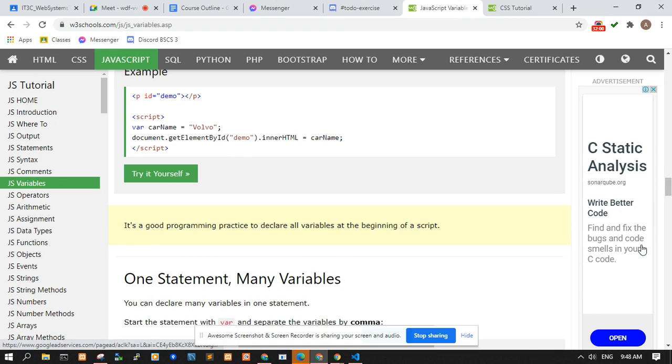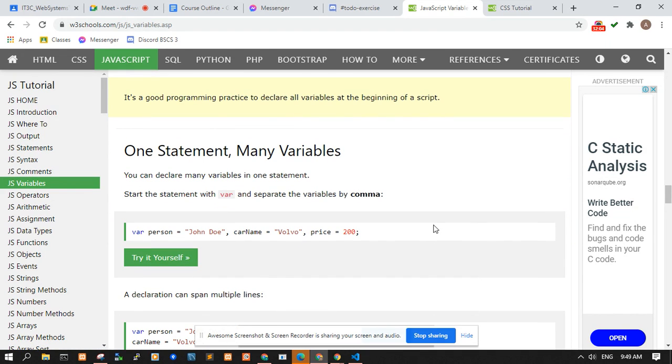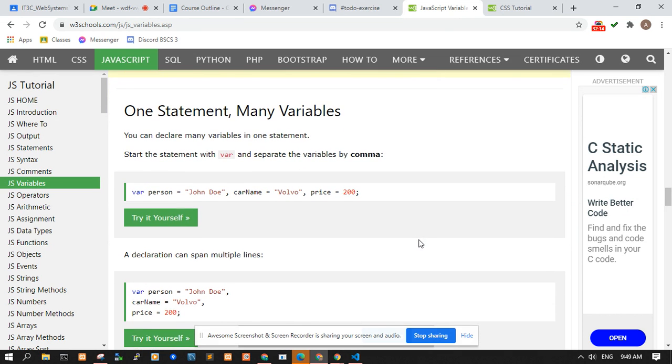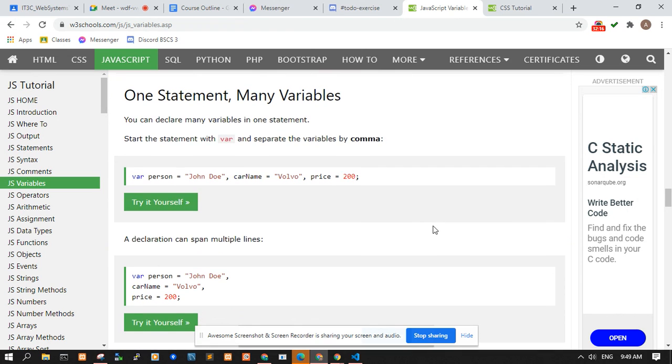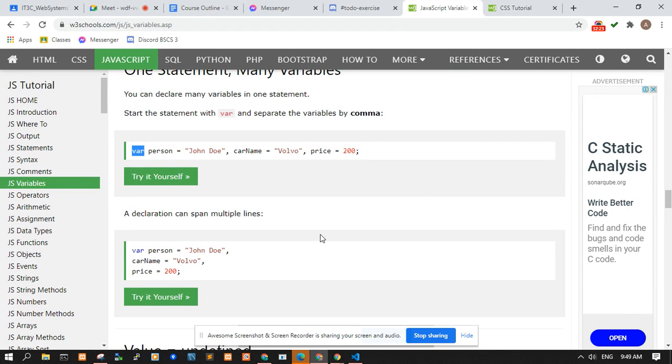Just take note of the variable scopes. We have only global and local scopes. Okay, local scopes can be declared inside a function, and global scopes are declared outside the function. We don't have block scope for var, meaning that a variable declared inside a block, inside an if, or inside a for loop can also be available outside. Okay,